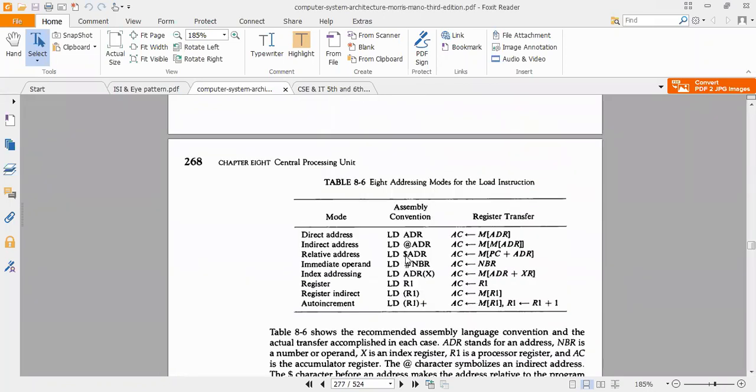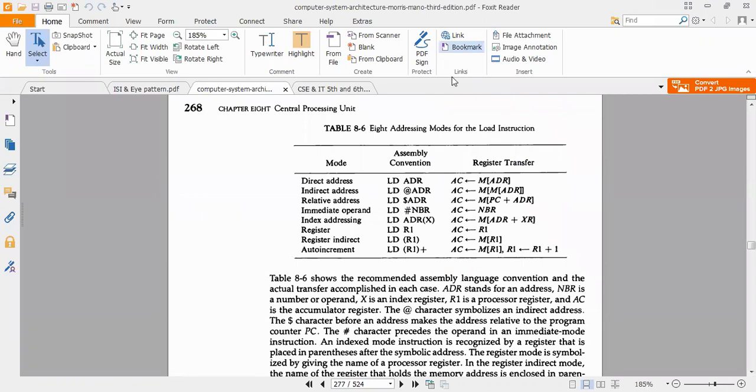Here, we have already discussed these things in our last class: different sorts of addressing modes. These are the addressing modes involving load instructions.